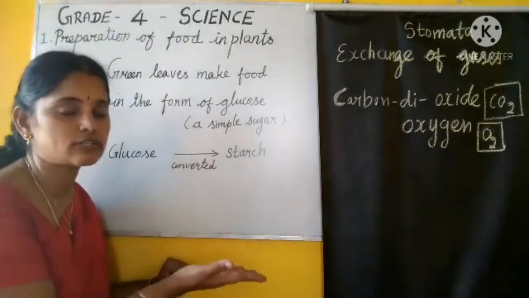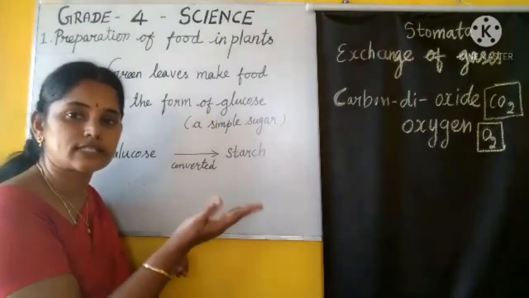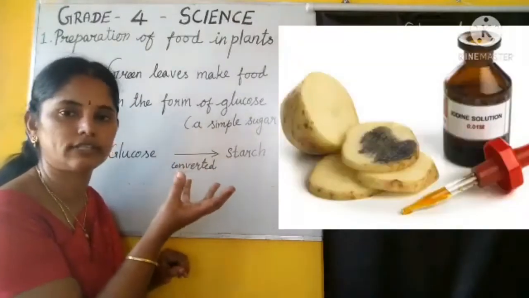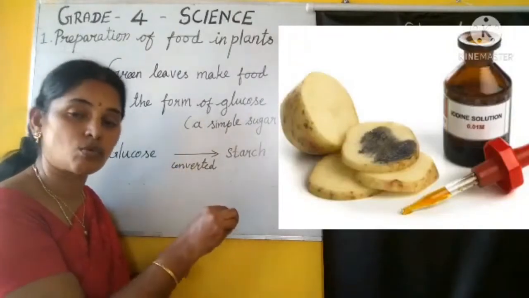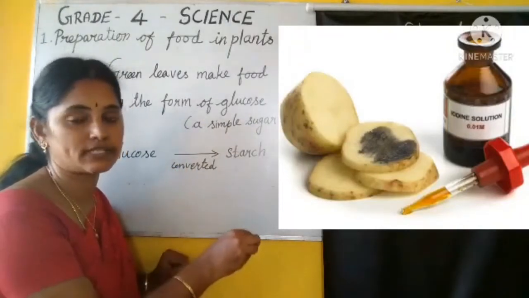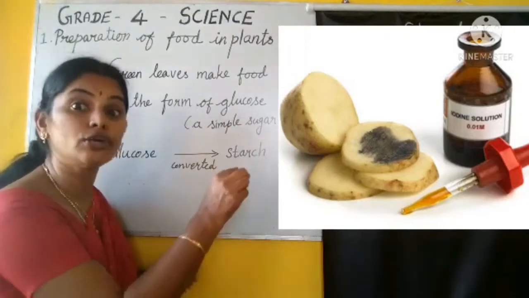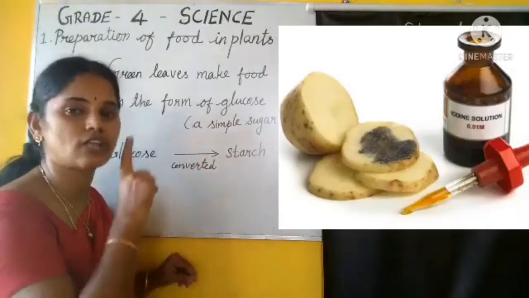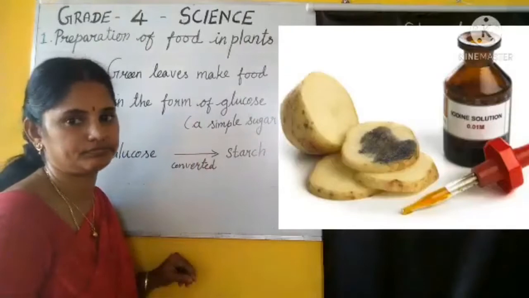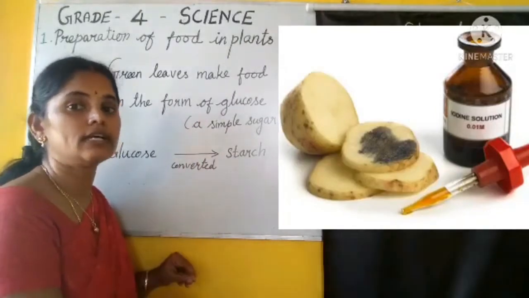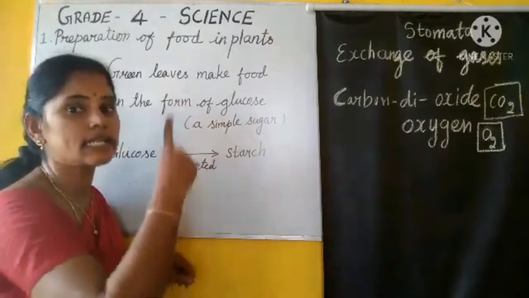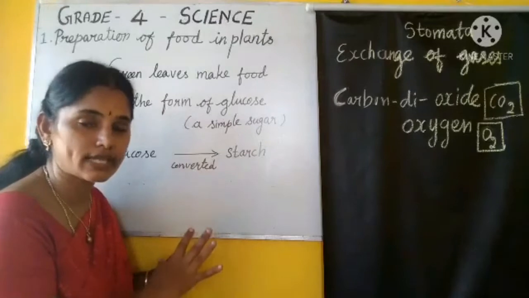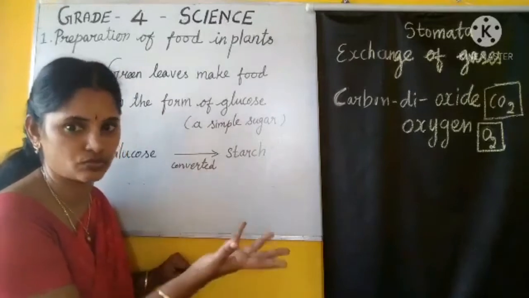Okay. In the previous session also we tested the potato, no? The stored form of starch is present in the potato. So, we tested. What solution did we use to test the presence of starch in the potato? Iodine solution we used, no? The same way, now we are going to do a starch test in the leaf. And moreover, I am saying sunlight is needed for the plant to prepare the food. Sunlight is very essential to prepare the starch. That is food. Isn't it?